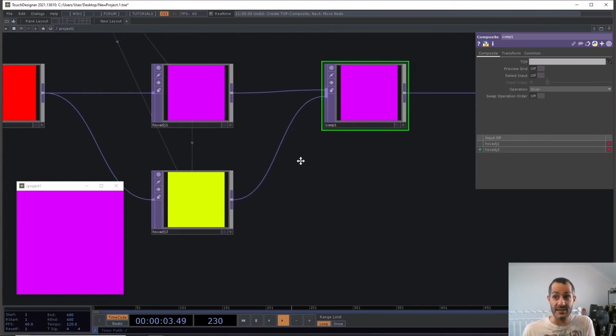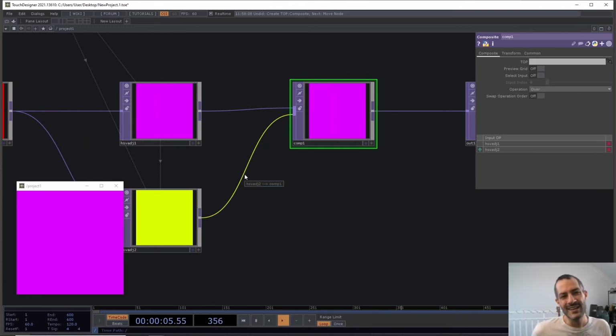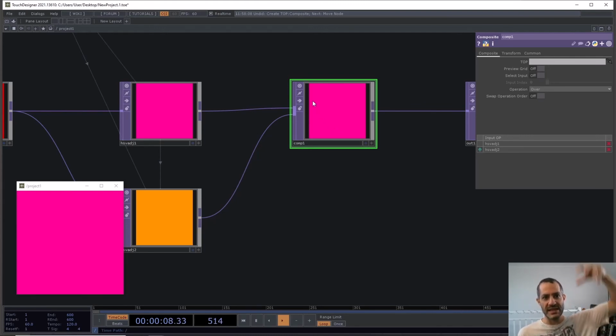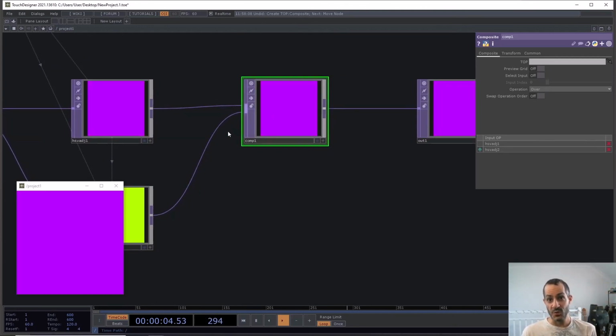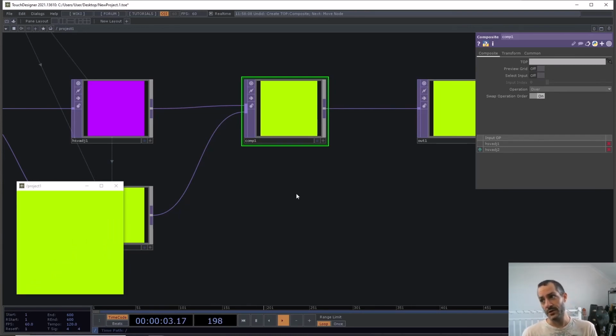So that's why we can't see the yellow. Now, I never really enjoyed that way of working because I like to, as I add more inputs to the composite, in my mind, those should be being stacked on top, right? But that's not how the composite works by default. As you add more things, you're actually adding them underneath, which I kind of find weird. Luckily, we can just go over to the composite top and boop, swap the operation order,